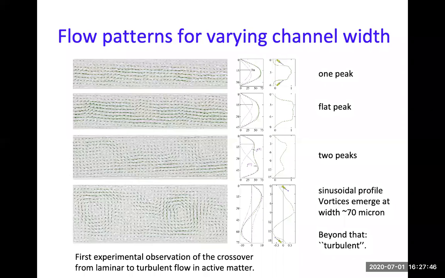And then at around 70 micron, this breaks down and you start to see vortices, right? And the edge bacteria also start to point out in different directions. So we observe this crossover from a laminar kind of active matter flow to turbulence. So if you confine this bacterial suspension under 70 micron, you most likely will see this streaming flow, right? And the 70 micron is the same one that we saw with a drop.